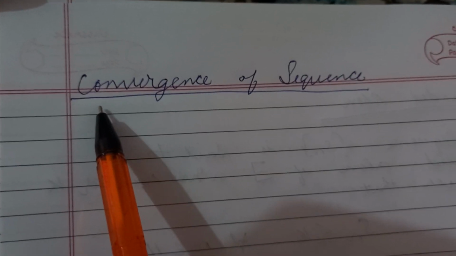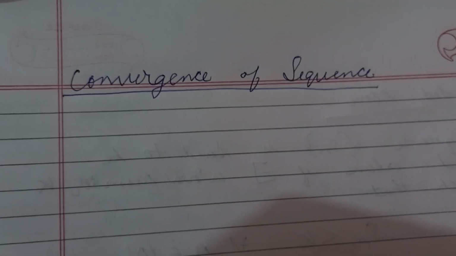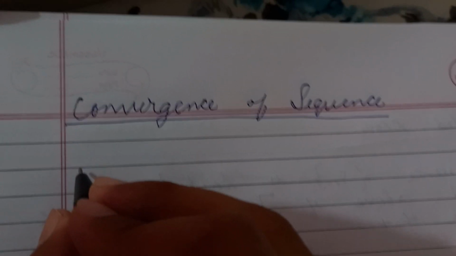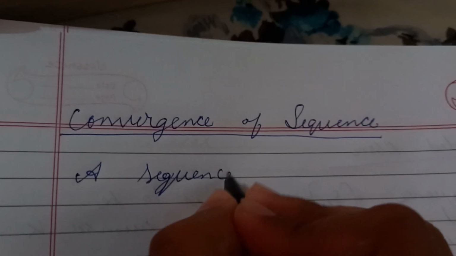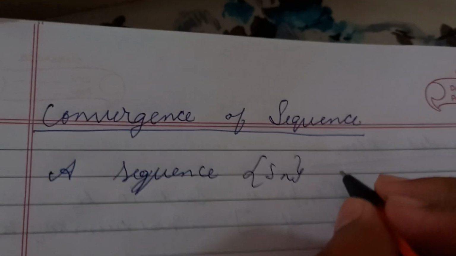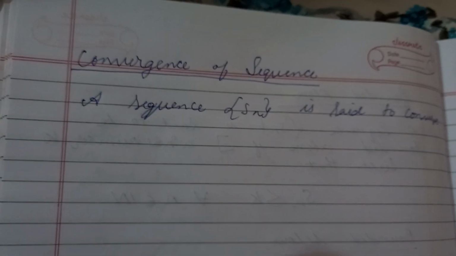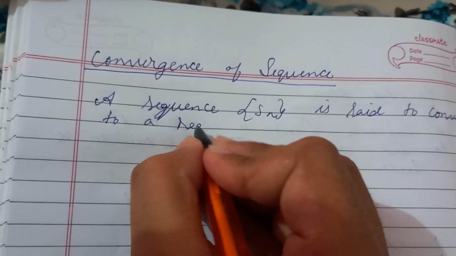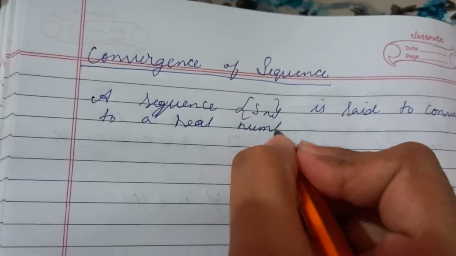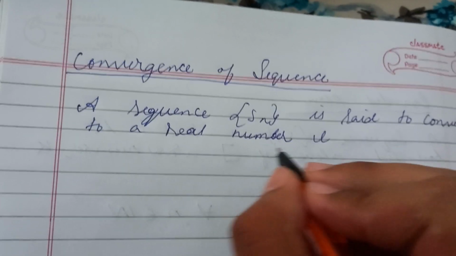Hello everyone, today we will be seeing the definition of convergence of sequences. So the definition goes like this: a sequence Sn is said to converge to a limit or a real number L